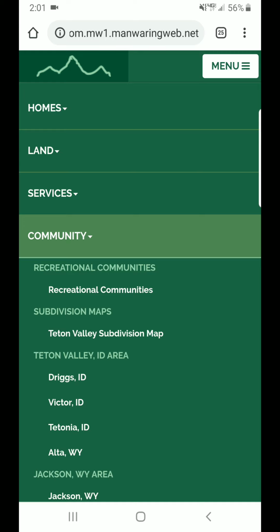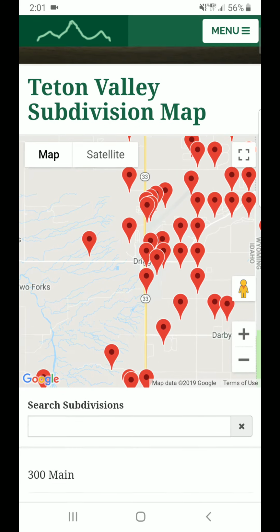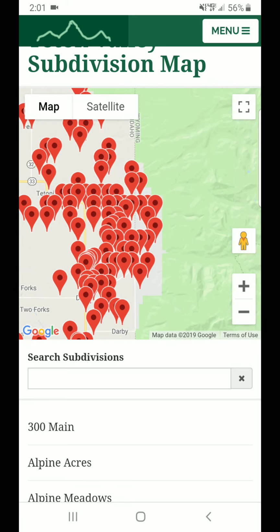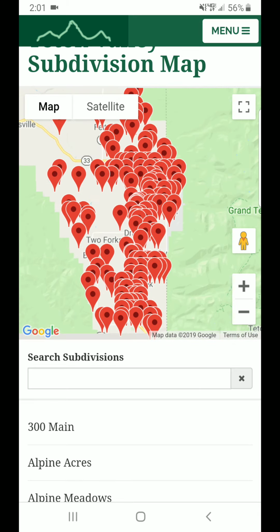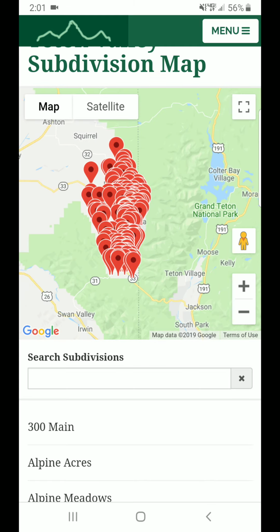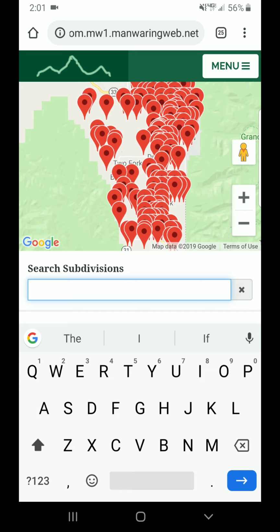Finally, if you come into the Teton Valley subdivision map, this is a very cool feature we've had before, but it's a little more easier to use than it has been in the past. So first, you can use the map to find all of the subdivisions in Teton Valley. We might take the time to locate other subdivisions in other areas. Right now you can see it's just Teton Valley,